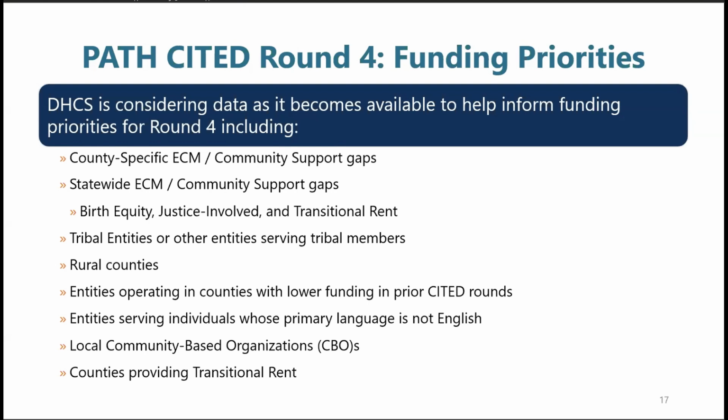There is variation in uptake and rollout in the services in different counties. And so we'll be looking at places where those gaps may remain for certain services. Statewide gaps include birth equity and the justice-involved populations of focus, which are new. And on the community support side, a statewide gap that will be considered is the new transitional rent community support service. Tribal entities, so tribes and Indian healthcare providers, folks serving tribal members, continuing to be a priority in this